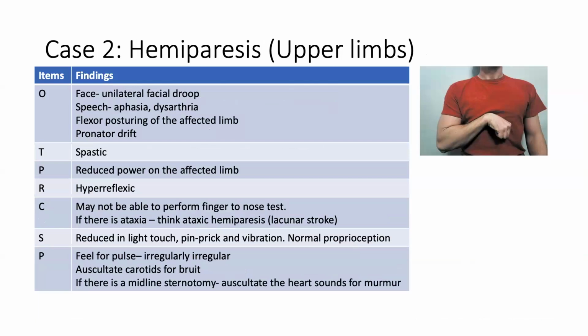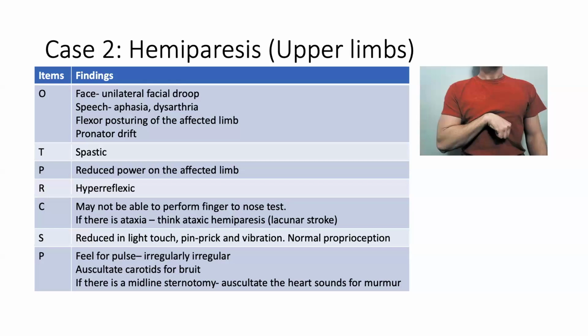So look at the face. If there's any unilateral facial droop, speech, either they're aphasic or dysarthric. There's flexure posturing of the affected limb, like they have spasticity, and pronator drift on the same limb as well, indicating they have a central nervous system pathology. Tone, they might be spastic, reduced power on the affected limb, and hyperreflexic in somebody who has had a central nervous system pathology. They might not be able to perform finger to nose because they're hemiparetic, but if there's ataxia, you think